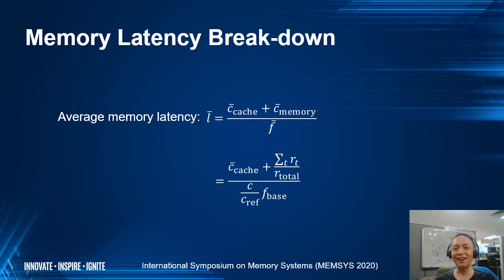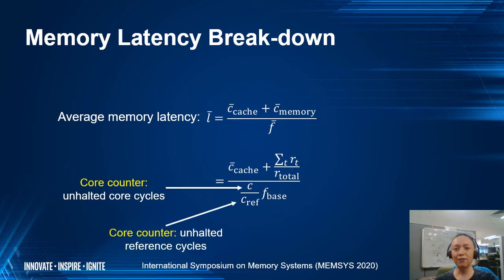We first show how to calculate the average frequency. To do so, we refer to the basic counter that counts the cycles that the cores are unhalted. We also refer to the unhalted reference cycles that get incremented with respect to the base frequency. Then multiplying the fraction with the base frequency, we know the operating frequency.